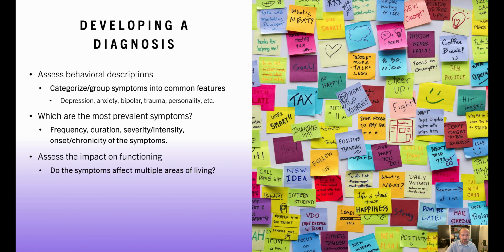So understanding how those symptoms impact multiple areas of their life. Again, this gets back to providing a rationale for the diagnosis. You need to be able to justify it. If this depression or anxiety is only affecting them but not affecting their job, relationships, nothing else, it's going to be kind of difficult to justify a diagnosis, because according to the DSM,